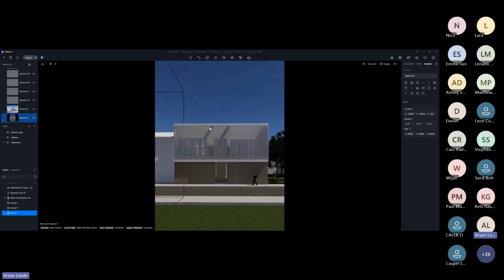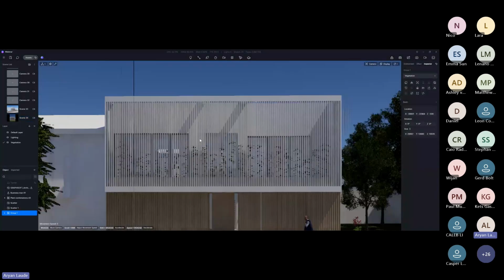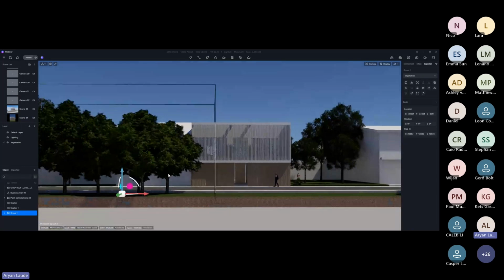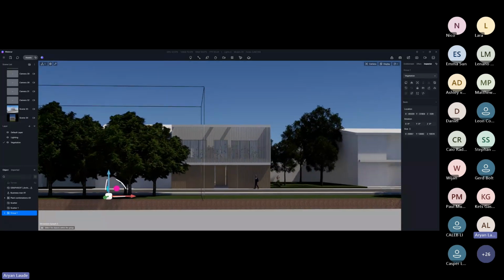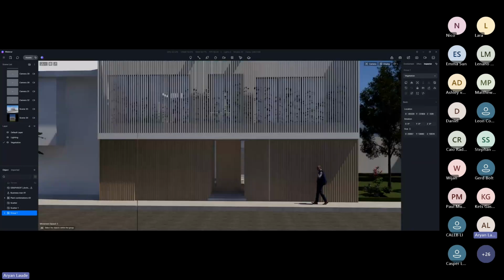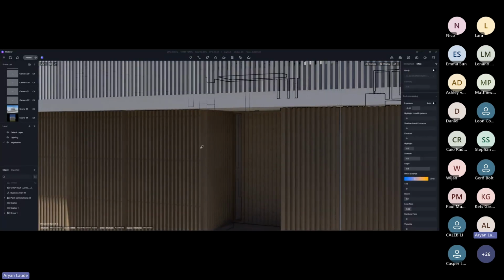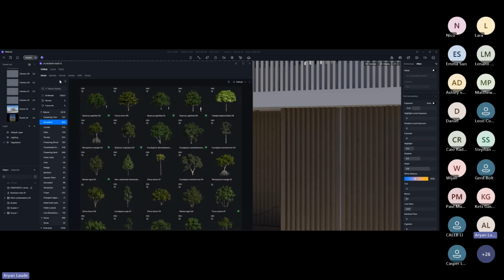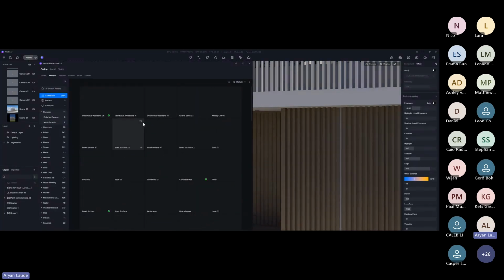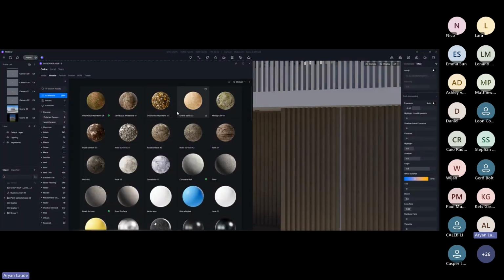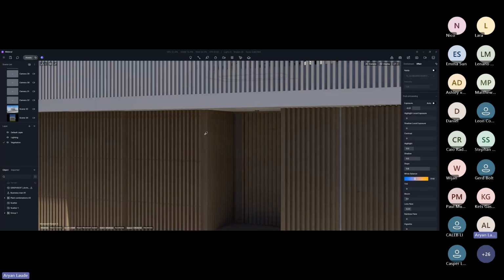So now the trees don't fully block our scene, and with this, we are now ready to add some custom materials inside D5 Render. So let's say, for example, I wanted to replace this wooden material inside D5. I can utilize our online material library, but since my client really wants a specific material,